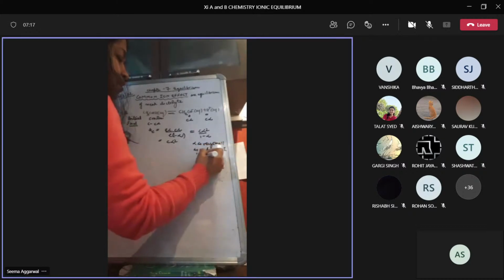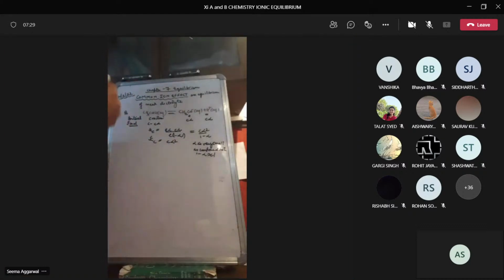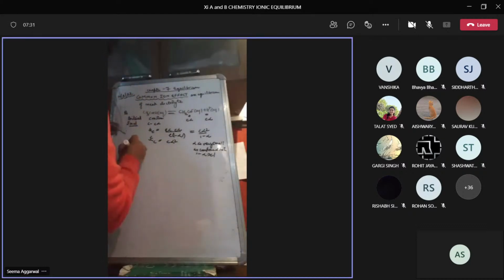So it means 1 minus alpha is almost equal to 1. Is it okay? So this is Kc. Kc is equal to C alpha square, generally, unless the value of Kc is very high. Okay. Now suppose